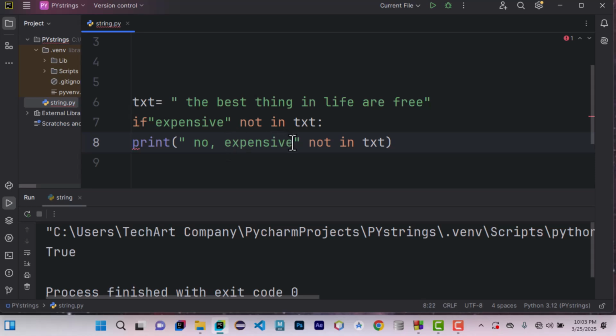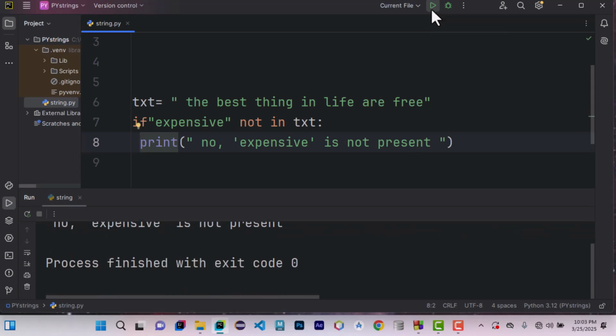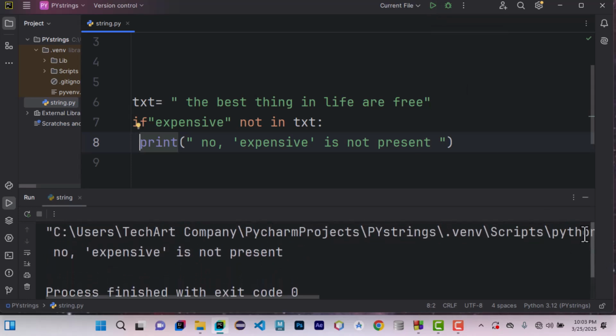I can surround it with a single quote here now. Expensive is not in the text, so just delete this. Expensive keyword is not present. Just like this. And probably I should indent this and press run. So as you can see, guys, no expensive is not present. So that's all about